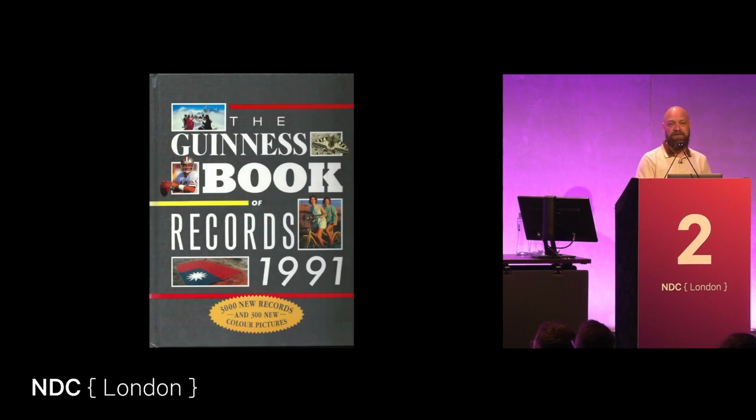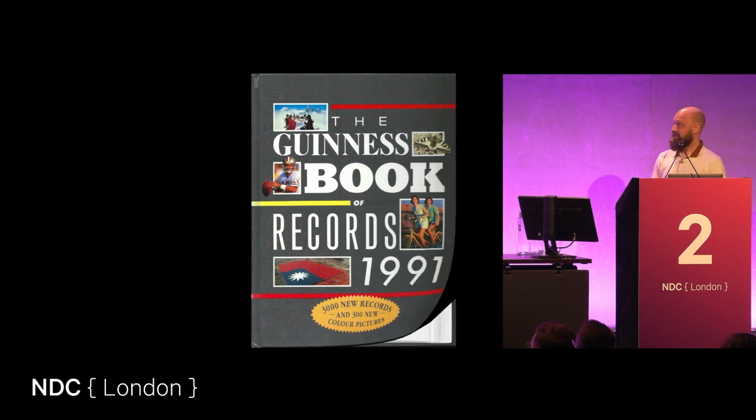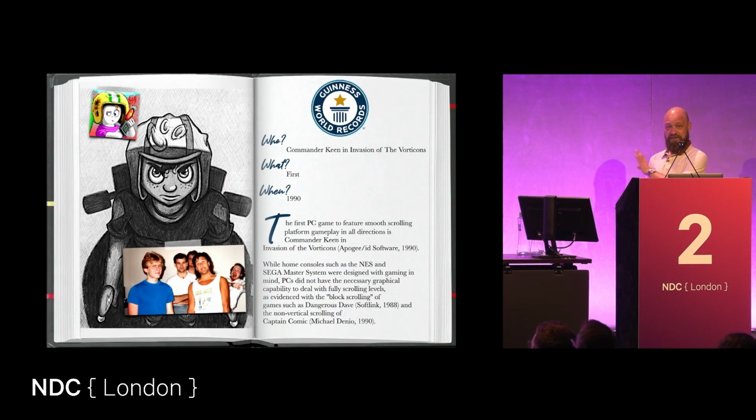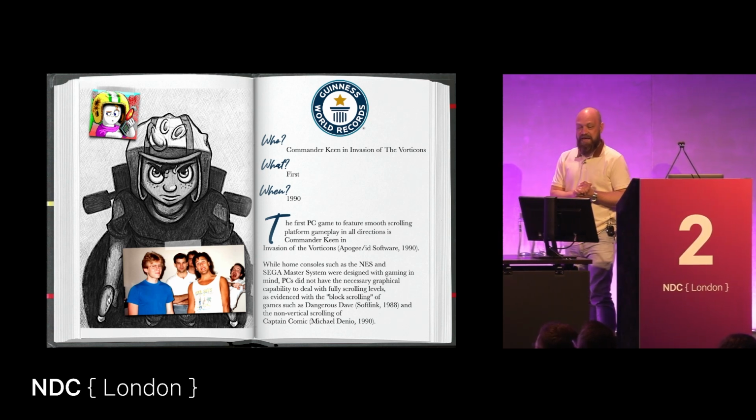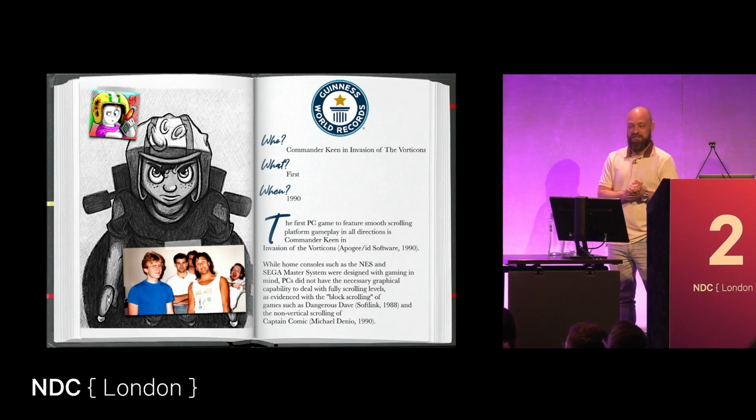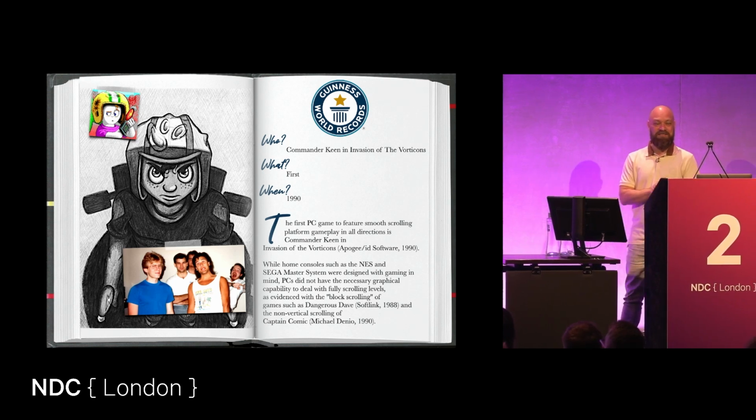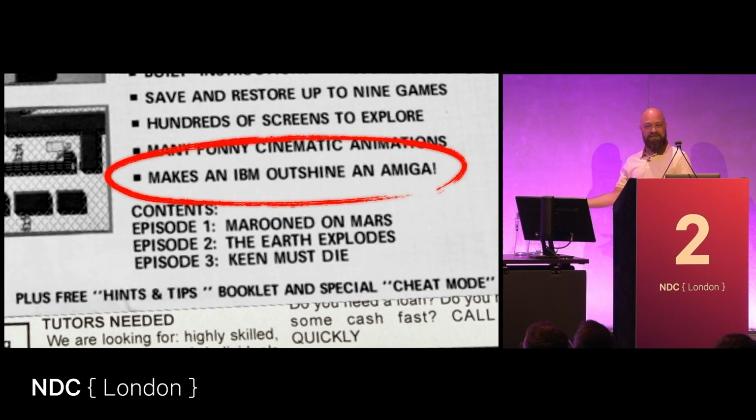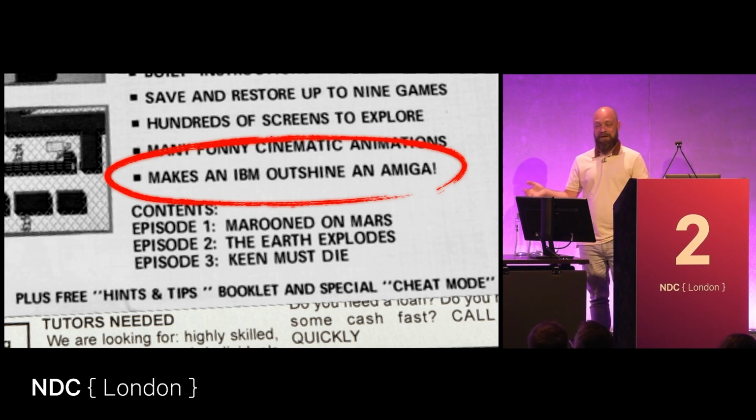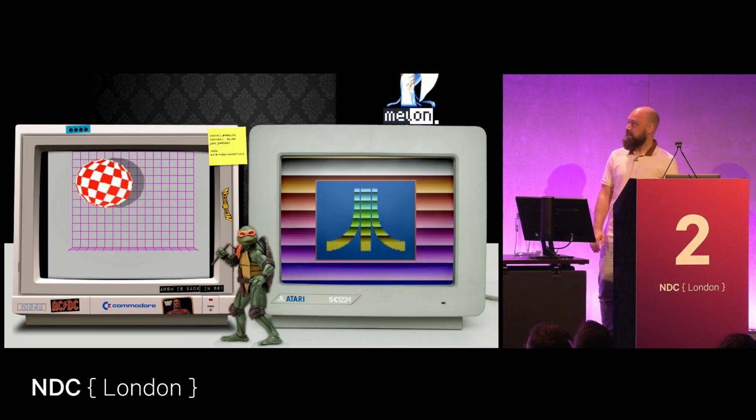And this actually got them into the Guinness Book of Records in 1991. So Wikipedia is not the source for this. Go to the Guinness Book of Records, much more trustworthy. But the follow-up, Commander Keen and the Invasion of the Watercons, is in the Guinness Book of Records as the first smooth-scrolling game on the PC, which has sort of a legacy to it. It also made them able to brag in their advertising that it makes an IBM outshine an Amiga. And for those of you who don't know what an Amiga is,